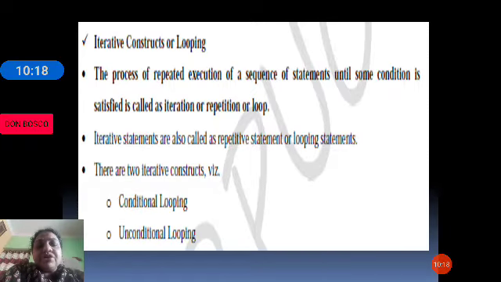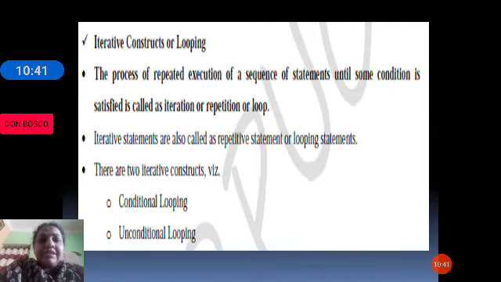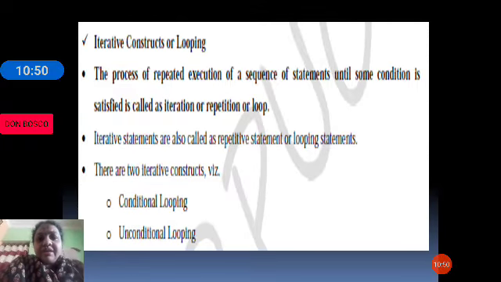See, sometimes we may have to do some task repeatedly. I may tell you, okay, students, kindly go, say to a basketball court, and then I will ask you to run 10 rounds. Okay, I am asking you to do a task repeatedly. You will start running and you will complete those 10 rounds what I have told you to do.